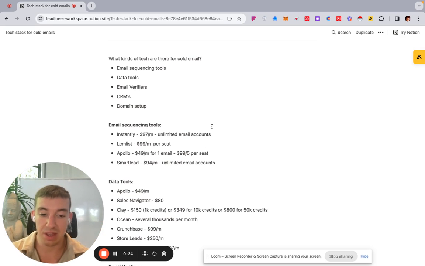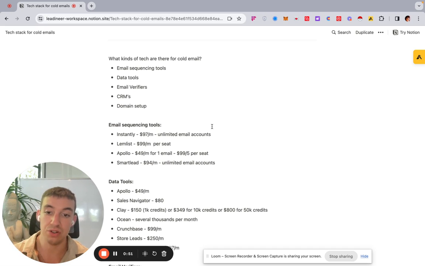And if you're anything like me, you get really excited by all of these tools, but then it becomes incredibly overwhelming because you hear of a new tool, you test it out, and you kind of end up going down loads of different rabbit holes. And it's good to test, but it's also good to find something that works for you, and then continuously iterate on those things, as well as find something that is profitable and doesn't cost you an arm and a leg. So in this video, I'm going to go through what I use for my tech stack